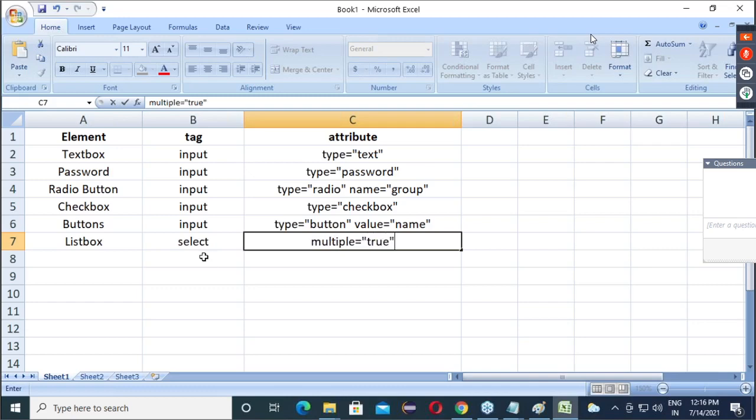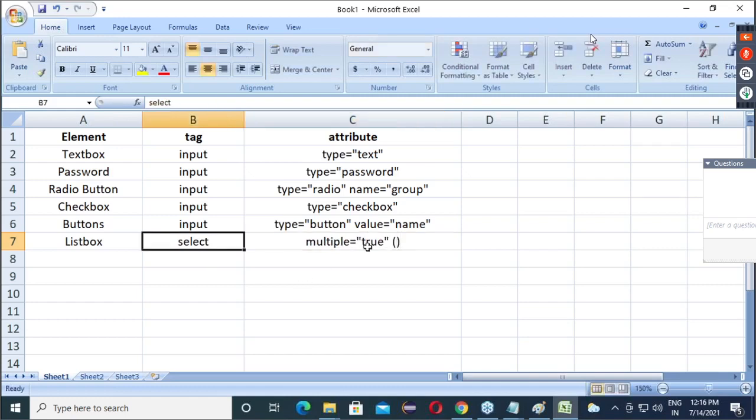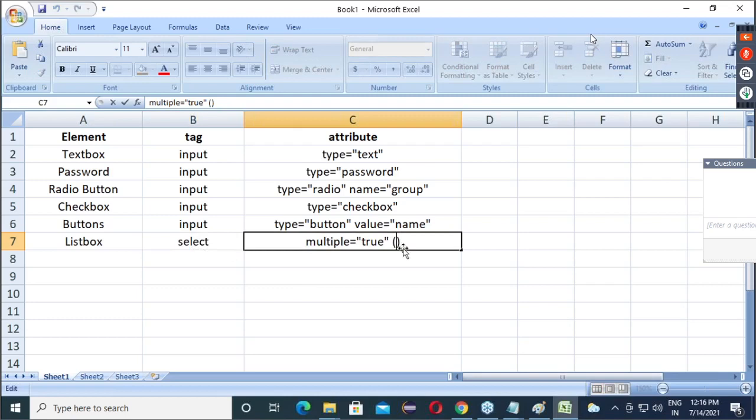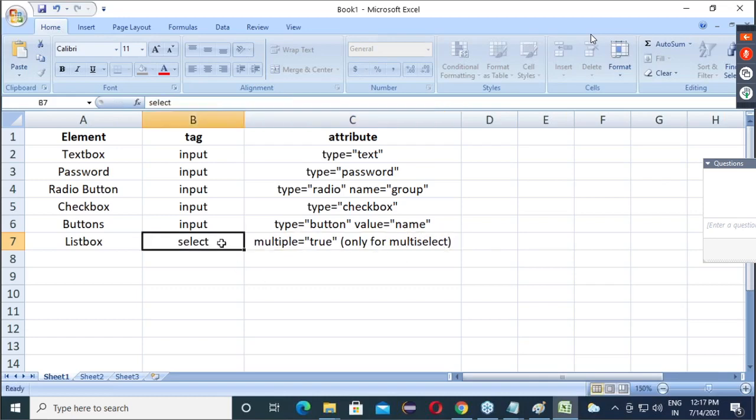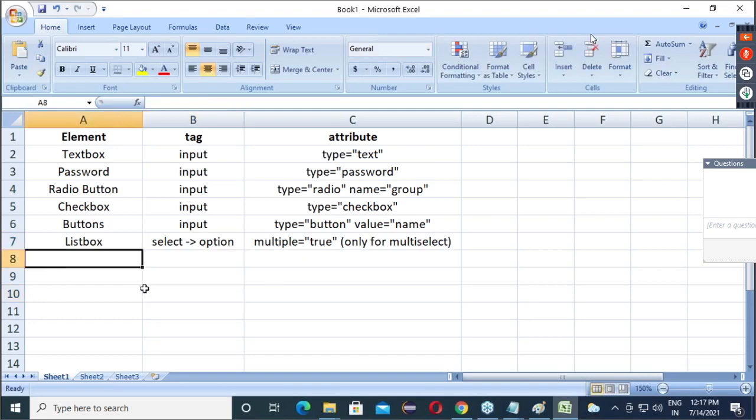So here we will say only for multi select. Now one more thing: under select we will have what? Option. Correct?